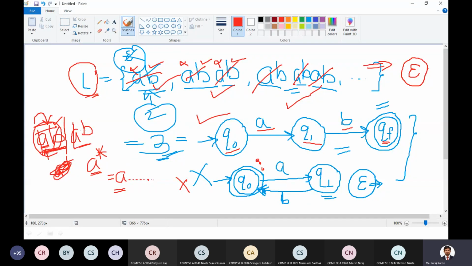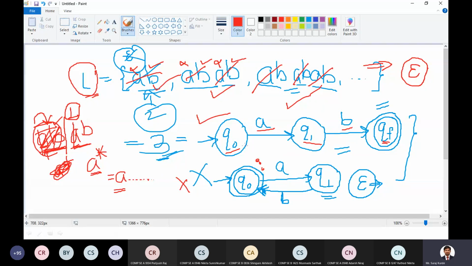But what about the remaining part? We have to check whether it is valid or not. For the next A, if I say this is removed, then whatever A is there, we can consider it as a first A. Now in your diagram, for first A as an input, what is the transition? In the diagram, what is the transition for first A? Anyone? Q0 to Q1. Q0 to Q1.